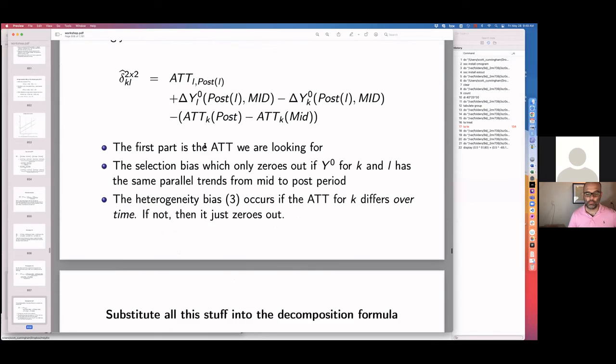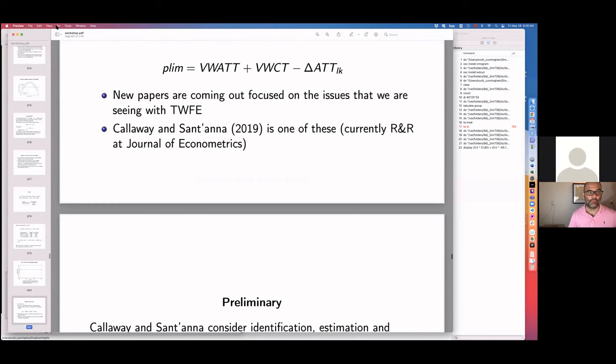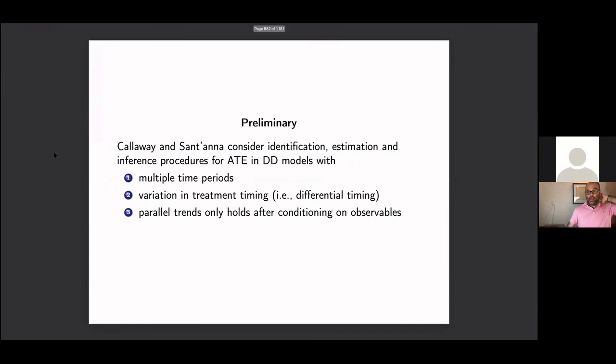So real briefly, what can you do? Well, there are now probably a half dozen new estimators that you can estimate that will handle that heterogeneity just fine. The one that I want to introduce you to is the Callaway and Sant'Anna estimator. There are others, okay? And based on my review of these papers, once we have solved the main problem, which is that one particular 2x2, many of them are getting at the same answer with slight differences, okay? And so I'm just going to present to you Callaway and Sant'Anna because it's based on